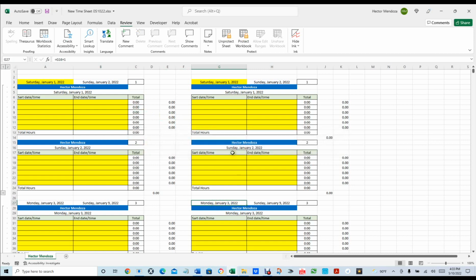If I click here, because we have it yellow, it's going to change it. So let's say it's next year, and you don't want to go through my big old video again. You're going to save this file, or you might have to email me, say, hey, Hector, I lost my other one. I can't remember how to do this. Can you send me a copy of it? And if I'm a nice guy that day, I'll do it for you. Okay, so let's say it's next year. All you got to do is type